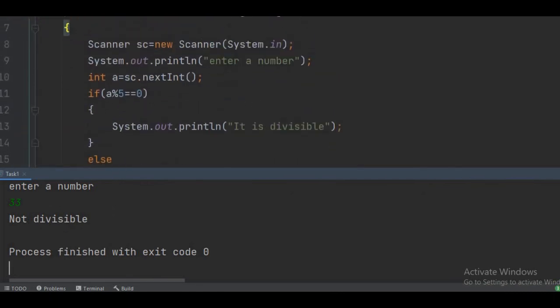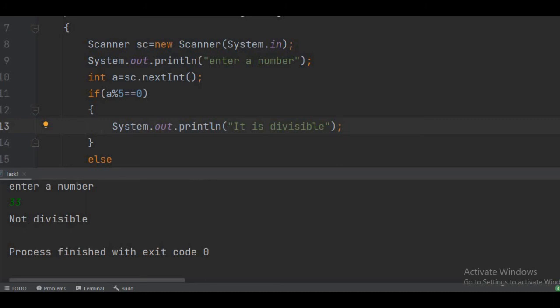So what happens here? When we enter 55, first of all it divides 55 by 5, and the remainder is 0. So the condition is true, and it goes inside this if statement, and this particular block is executed, and it is printed as divisible.